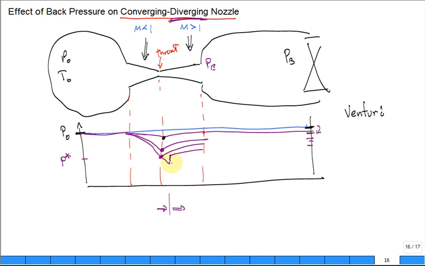Let's say you pull it down even more now, right? You continue to open this valve, pull that back pressure down. The shock will move further down because the exit pressure is going down. Let's say you continue until the shock walks all the way to the exit. And then you can have a shock standing right at the exit. Then you pull down the back pressure some more by opening that valve, and you'll get a shock that will